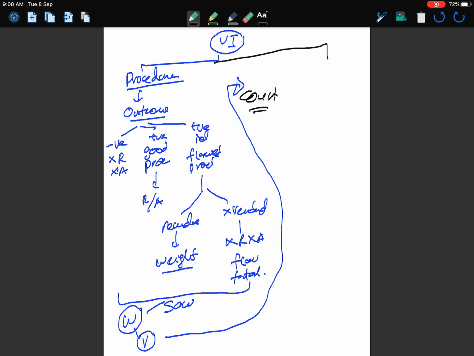So this is identification in the court, and the moment the matter goes for trial,